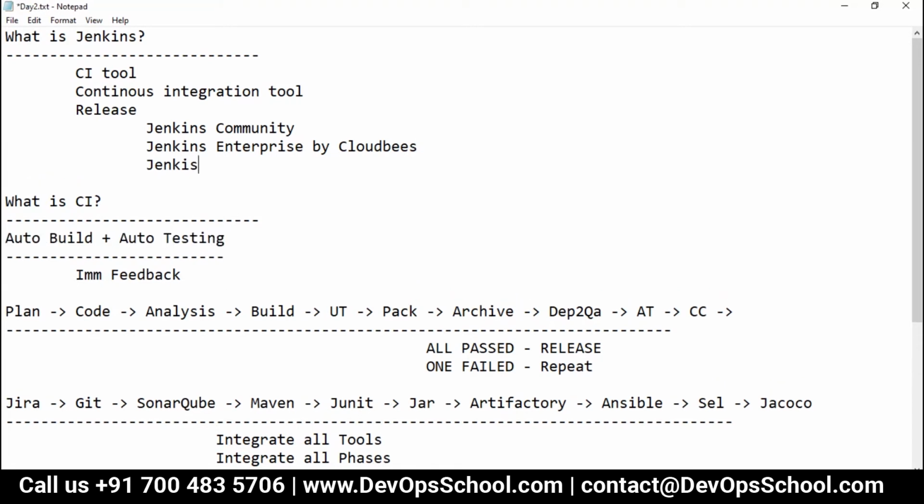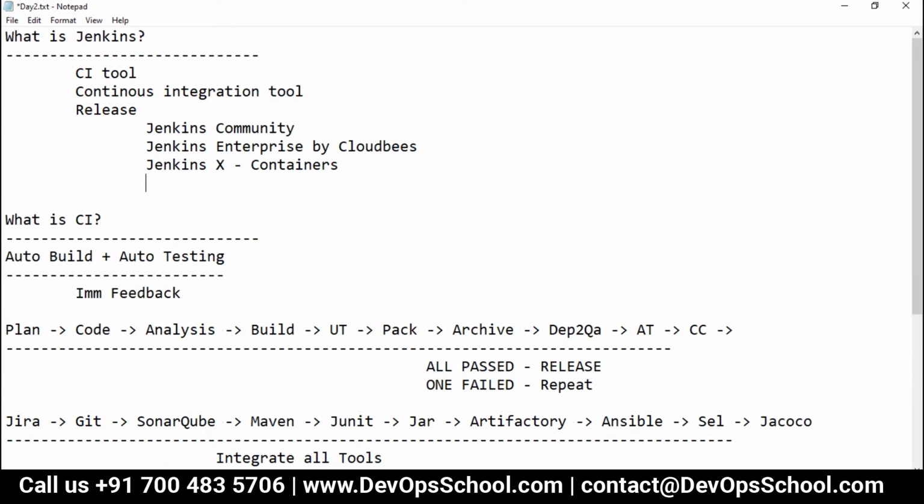We do have Jenkins X also, which is for Kubernetes and containers. And we have Blue Ocean also, and stuff like those. These are the variants. I'm teaching you Community Edition, which is very popular.